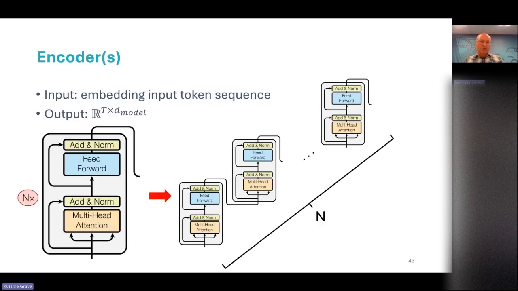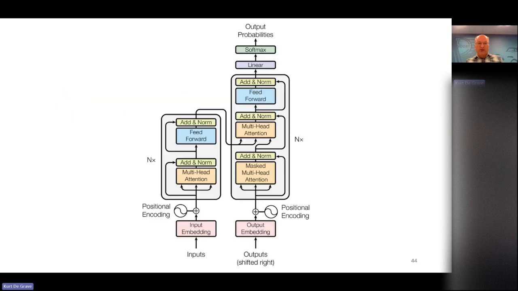So that together makes the encoder. You get an embedding, you output an improved embedding, and you do that n times, with n variable depending on your model architecture. This is where one of the biggest differences between different transformer implementations lies: how many copies of this block you use. You put them in sequence.